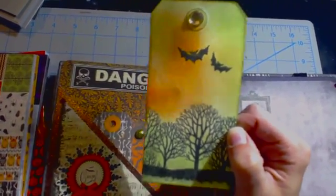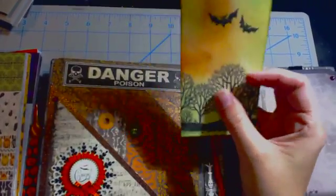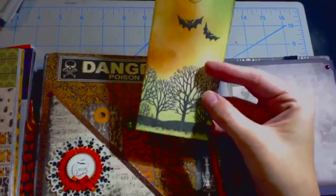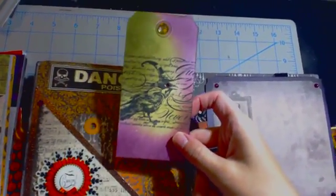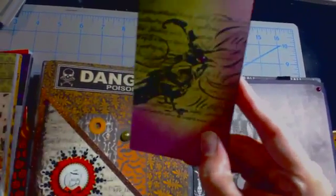reacts to water. So I did that and then punched this really cool tree, or stamped it, and it is so cool. And then these are just a couple bats that I stamped, and then added a little bling at the top. And then on the other side, I distressed it again with different colors, a little bling on the top, and then this is that really cool